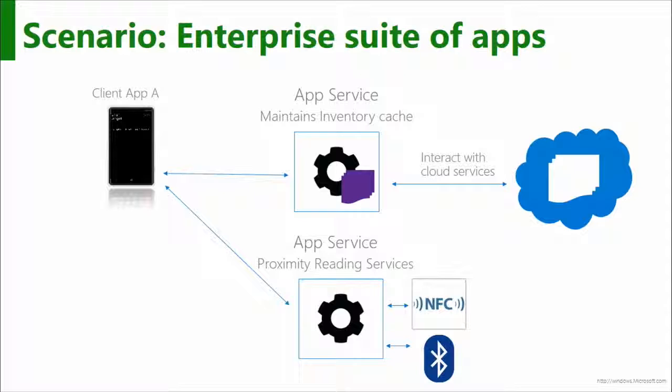You could have app services that are acting as caching on device that are talking to a cloud backend. That's one kind of thing you could do. Or an app service that encapsulates some specific NFC reading capabilities or something like that. And again, you don't want to keep building this over and over into your foreground apps. You can just provide that as a service that other people can then